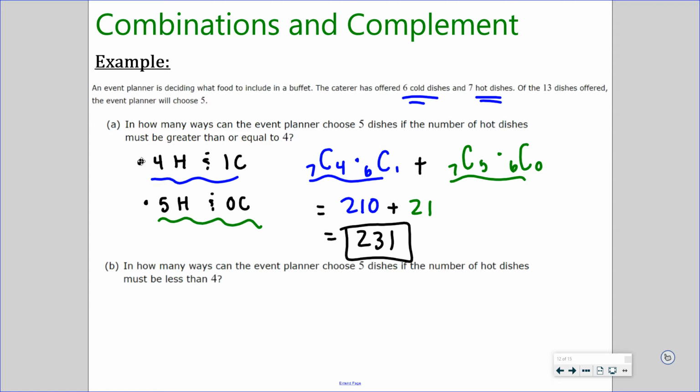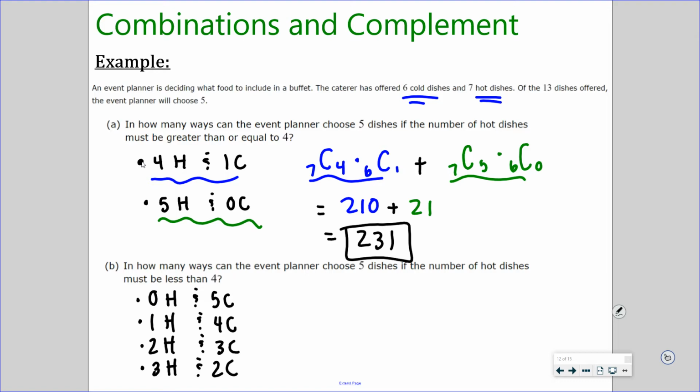But you could go through, if this makes more sense to you to do it how we've been doing it, you could do 0 hot, 5 cold, 1 hot, 4 cold, 2 hot, 3 cold, 3 hot, and 2 cold. You could go through and calculate the exact same way we just did. If you want to do that, you can. See if you get the same answer. Another way